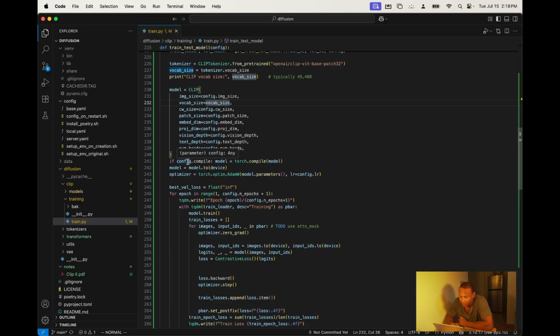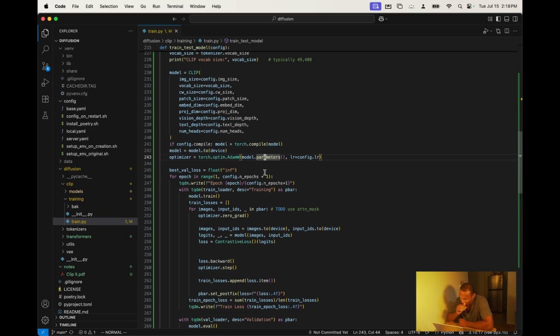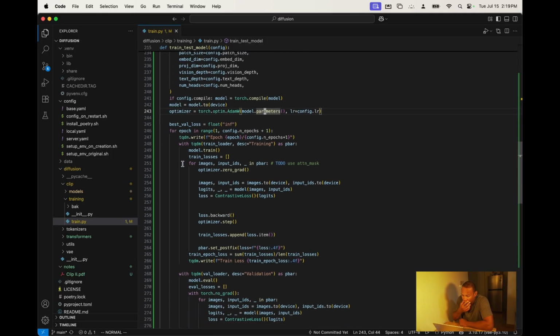I don't have a bunch of bells and whistles on this, right? It's just standard AdamW. And I'm just calculating loss for right now. I'm just tracking loss. I mean, there are other metrics I can track, but